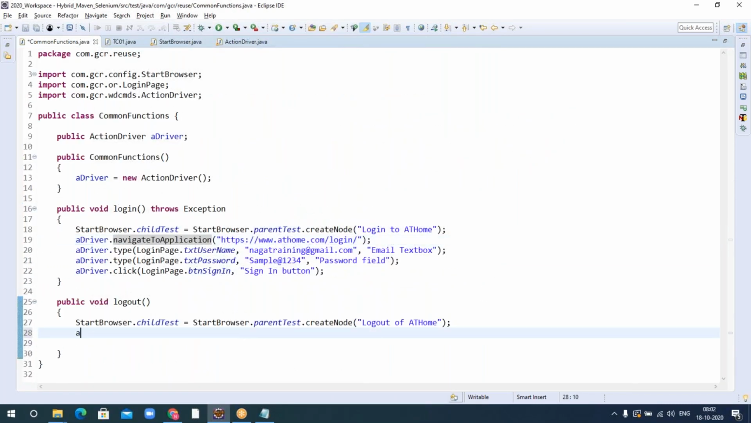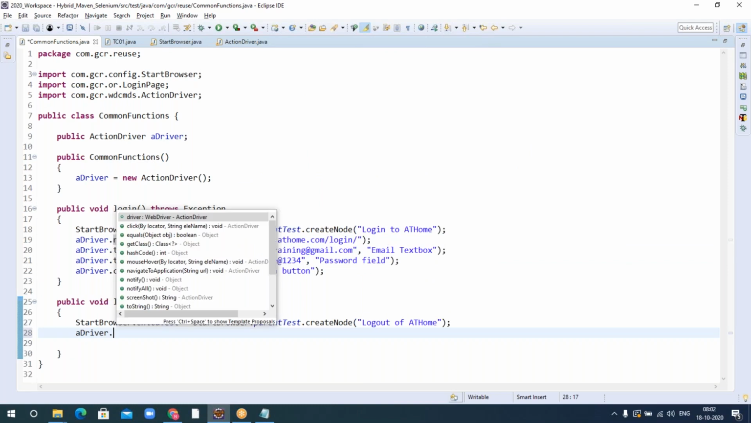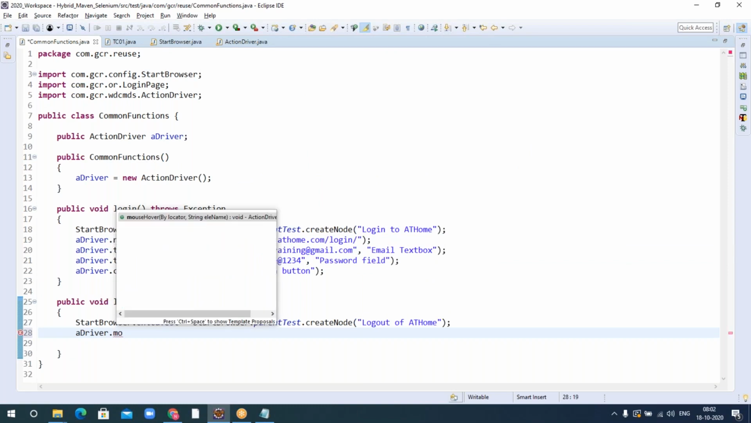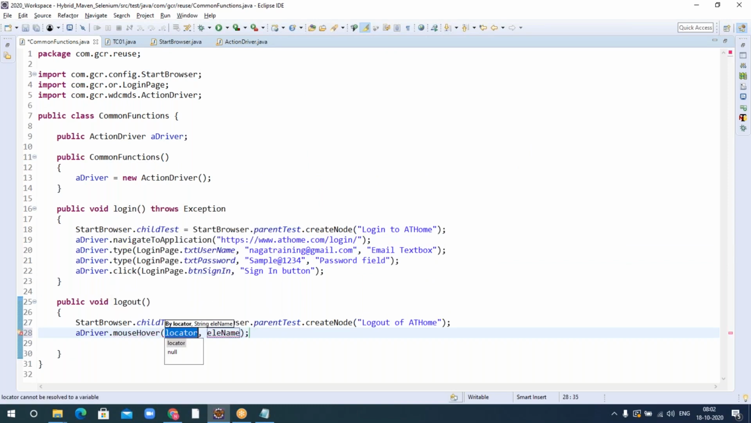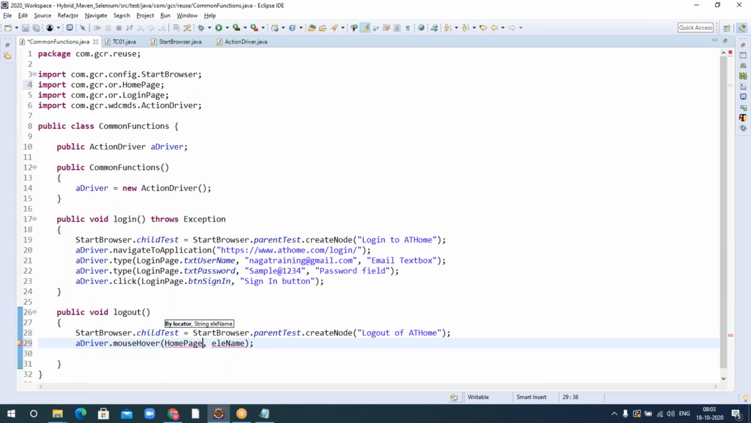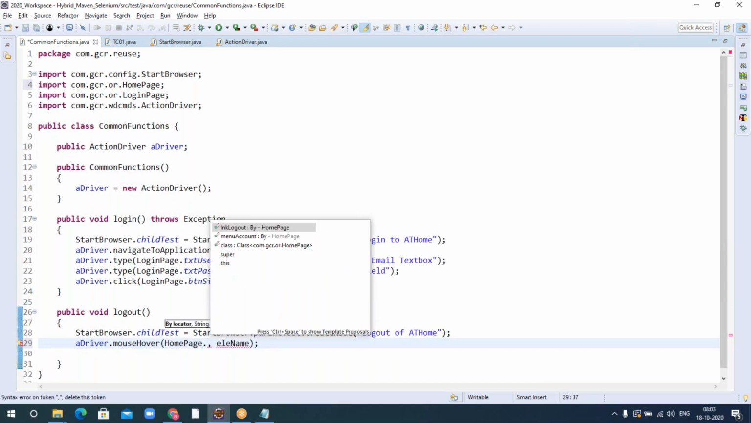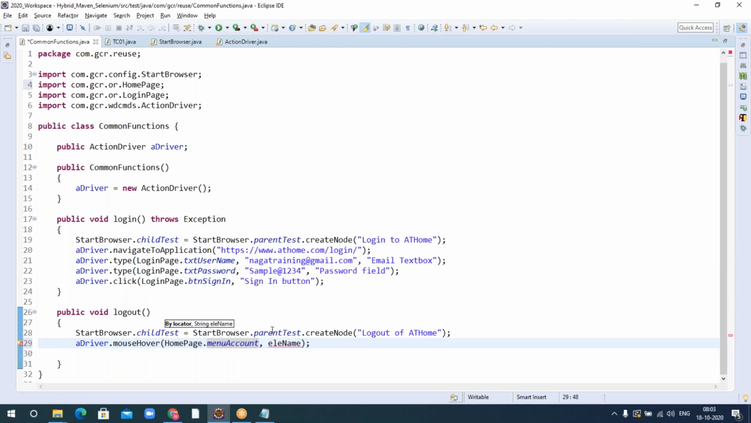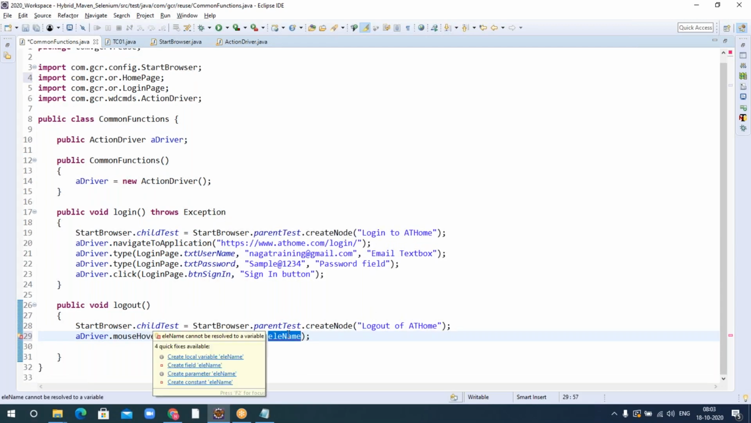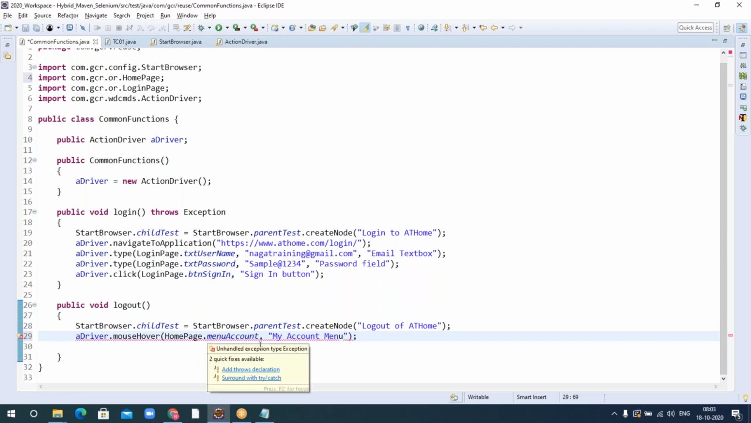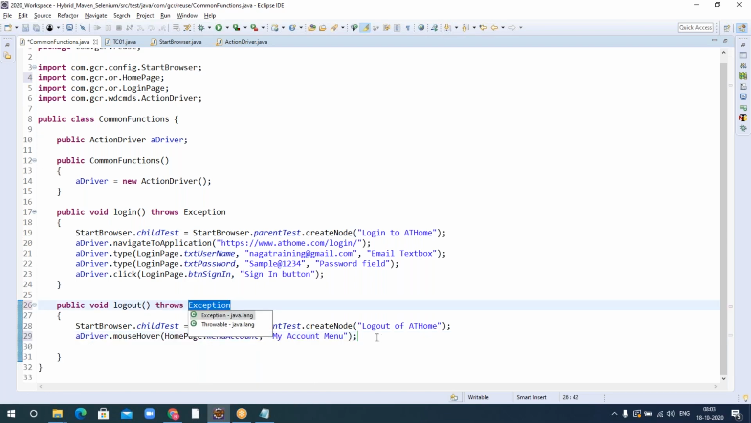I'll write it. So a driver dot mouse over. Okay, mouse over. Locator is available in the home page. Home page dot workspace dot menu account. I'll just say my account menu. I just need to add an exception for this. Yeah. And then a driver dot